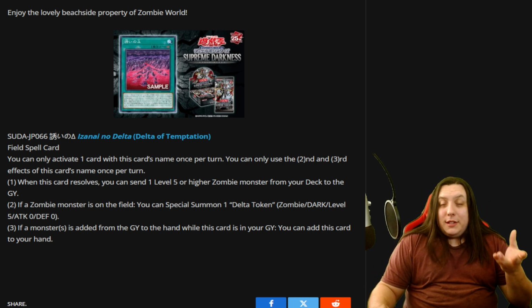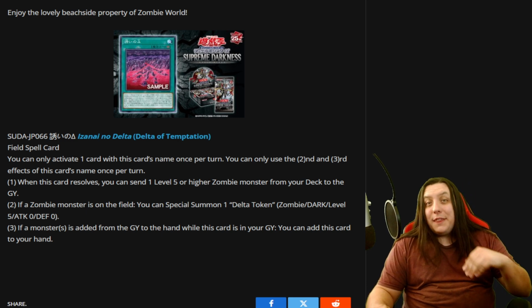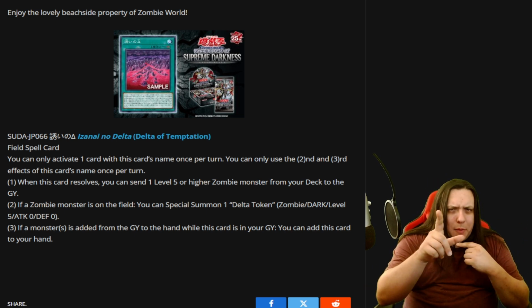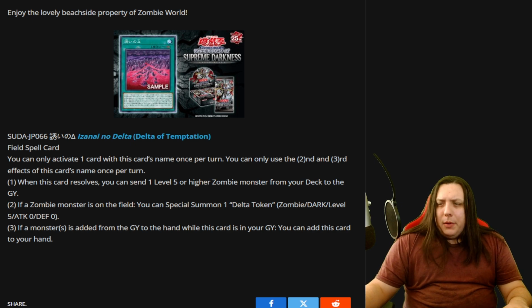You have things like you can send Eldritch, which I believe only sends from the spell and trap zone to the graveyard, not the field spell. So you can't go Delta, send Eldritch, and then send the Delta to summon it. Double check me on that one. We might go look at that later on once we're done here. But this enables all of your higher level zombies to get into